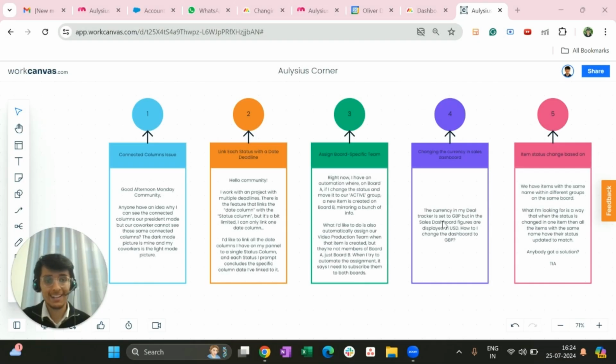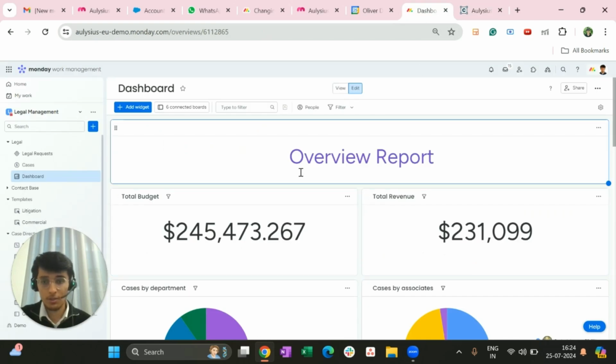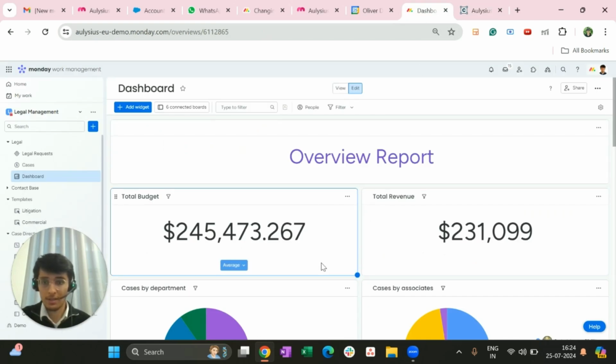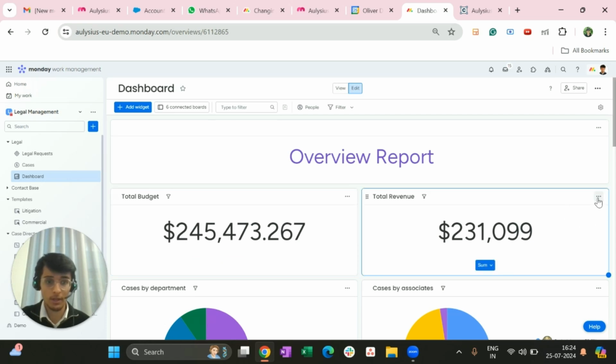The currency in my deal tracker is set to GBP, but in the sales dashboard, figures are displayed in USD. How do I change the dashboard currency to GBP? So let's look at this issue. This is a sample dashboard that I have created, and I have a specific currency which I want to display. Now, if I want to change the currency which is being displayed here, I go into the settings,